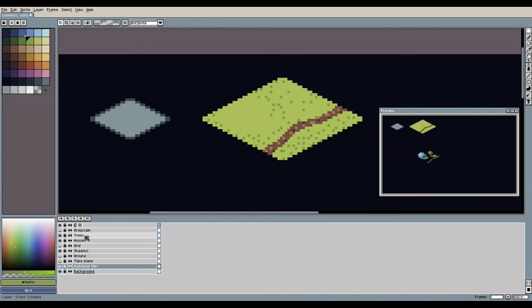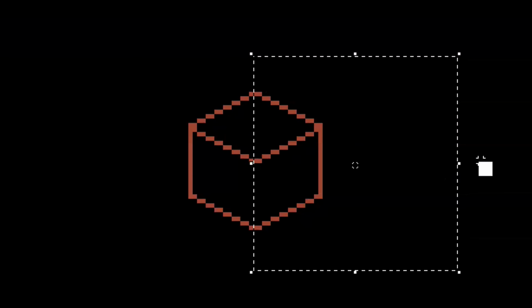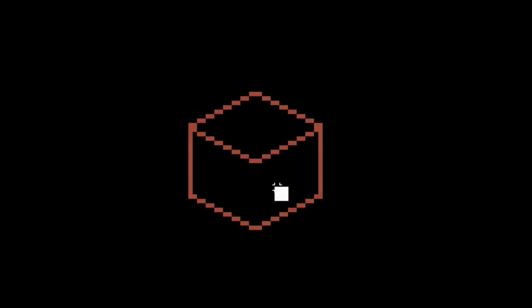Notice how the center vertical line is not perfectly centered, because we have an even number of pixels to choose from. This is not a problem, but just be aware that in this case you need to decide if you use the left or right center pixel to draw the vertical edge. If you're creating something just for the art itself and you don't need to care too much about perfect tiling in a game engine, you can also just go with a tile with 3 pixels at the top and bottom rather than 4 pixels, because then you have a clear center for drawing the vertical edge of the cube.